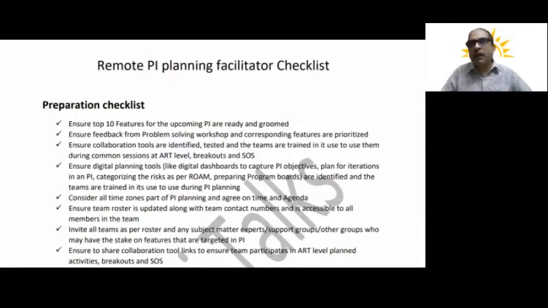Because, as all of you are aware, an uncommitted PI objective means that you are considering it in our effort and capacity, but you are giving an indication to the stakeholders that this is a kind of risky item to be worked on. Okay, so my recommendation: have the backlog grooming effectively